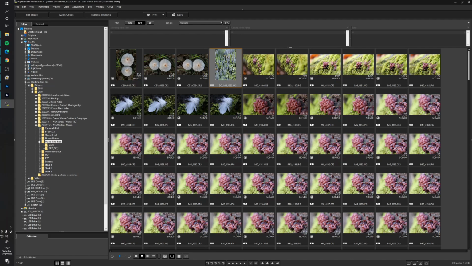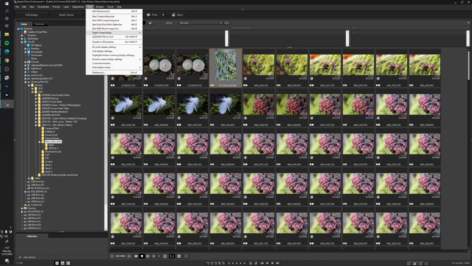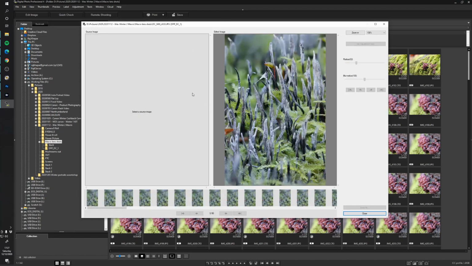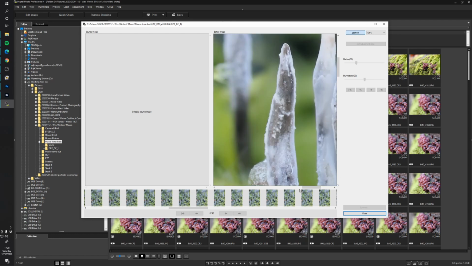Now that DPP has run through that process, I can select the resulting image, which will be labeled DC and then the image name, and you'll notice that it's rendered it as a JPEG. What I can then do is select that image, go into Tools, Depth Compositing, and then Depth Compositing Editing tool, and that allows me to tweak that image. I'm quite happy with that as it is. I want as much of it in focus as possible, and I can then